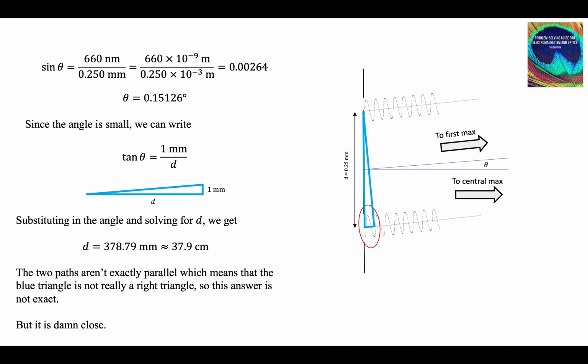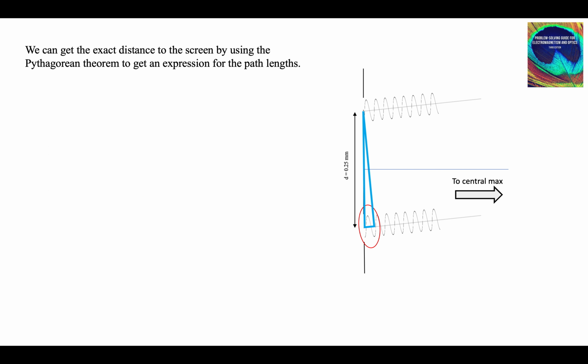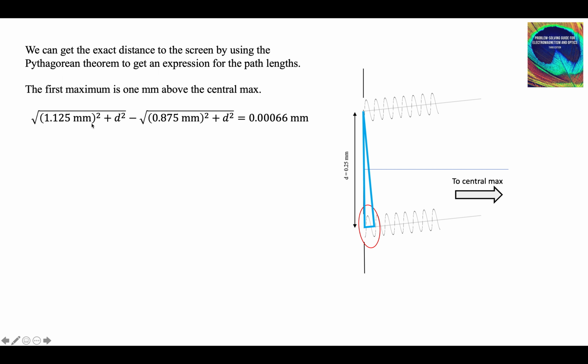And we can see how close it is by actually calculating the distance. We can use the Pythagorean theorem to get the path lengths. Remember, the first maximum is 1 millimeter above the central max. So this is R1, it's a little bit shorter. So if we go from the central max, this is 1/8 of a millimeter from the center to the first slit, and this is 1/8 of a millimeter from the center to the bottom slit. So the long distance is this vertical distance is 1 1/8 millimeters, and then we have the d squared,